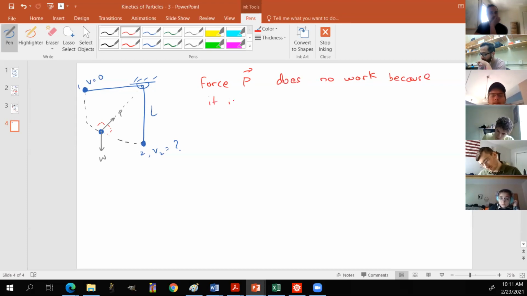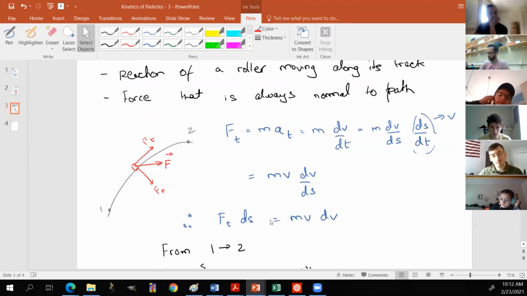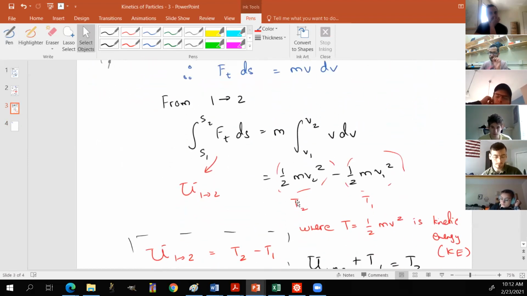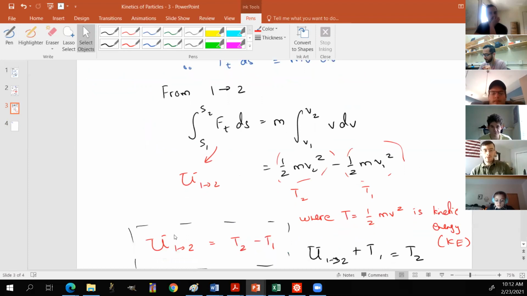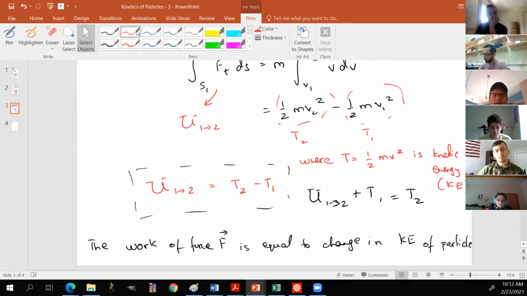Because it is normal to the path, right? So what we can say is, from this expression here, and again, we're not calling it conservation of energy because we're not taking a look at potential energy. We're taking a look at work done right now. So we can use this expression over here to find out what the velocity is going to be, right? Because we know that